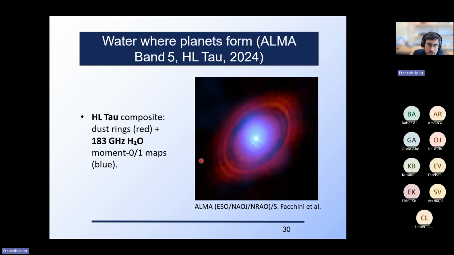So as I promised before, I want to show some more or less recent results obtained with ALMA. I arbitrarily picked two, but there are plenty, of course. If you open the astronomy and astrophysics papers, you will find plenty of ALMA results. The one that piqued my interest was this paper from Facchini using band 5 at ALMA, because it detected for the first time liquid water